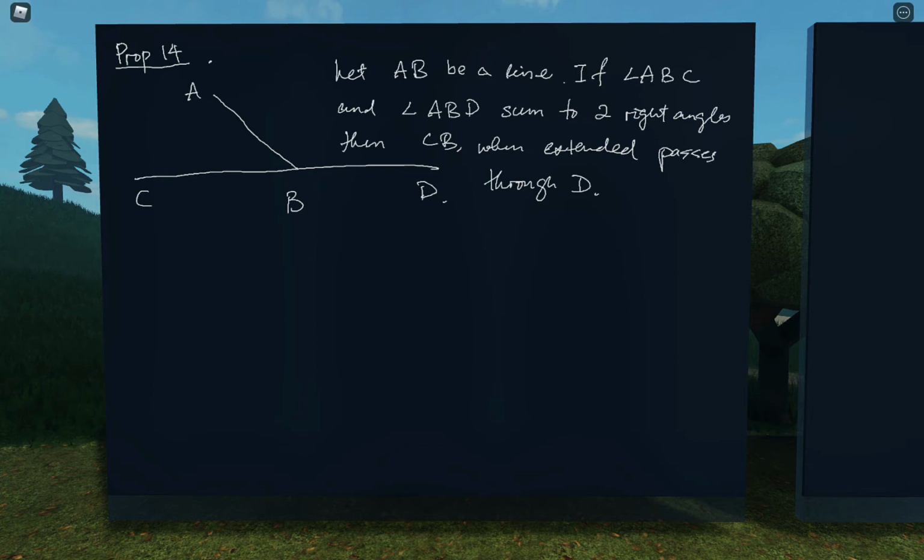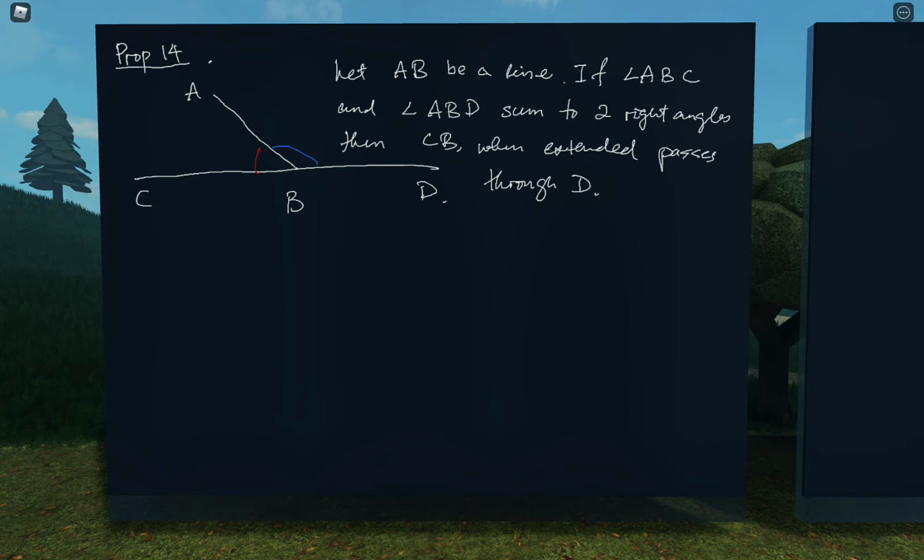So the picture there is you've got AB as a line, right, and CB is a line segment. BD is a line segment. I've drawn it straight, but we're not assuming that it's straight. And I guess the content is that if the two angles ABC and ABD, ABC is here, ABD is there, right? If the two marked angles sum to two right angles, so 180 degrees in modern language, then CB, when extended,